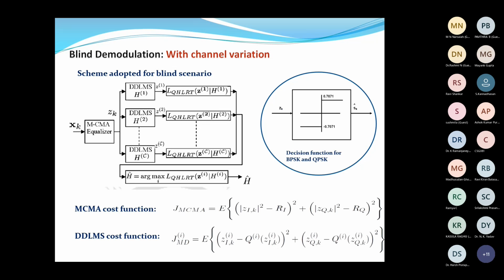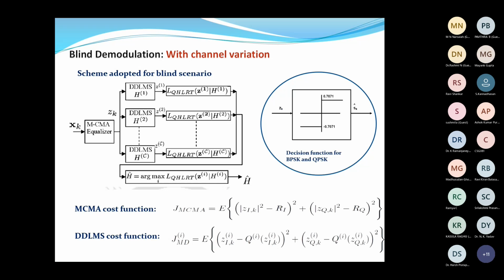And below we have shown the cost functions for modified constant modulus algorithm and also the DDLMS cost functions. Now, essentially in the equalizer, we have to minimize the cost function using an iterative process. And in both the cases, we have to minimize the cost functions. Now, once we employ the output of the MCMA phase, each of the branches will go through the same iterative minimization process of the cost function, respective cost functions, and the output of